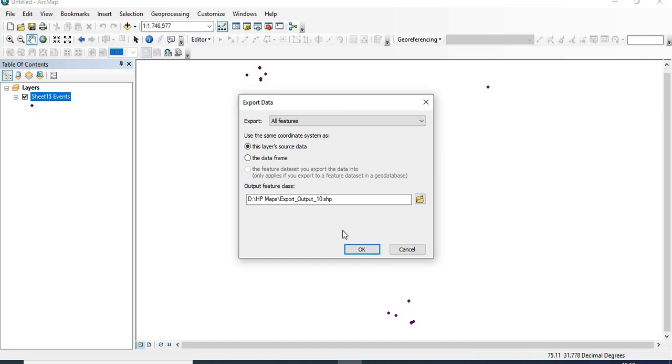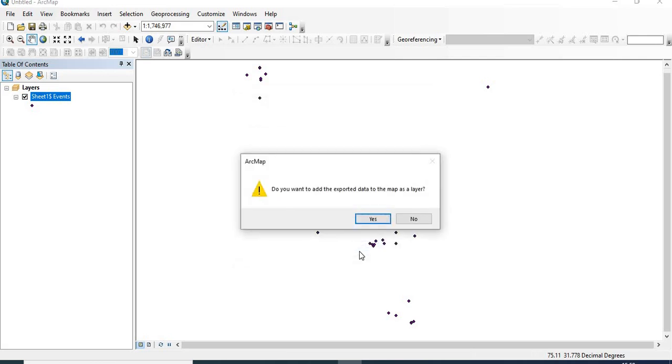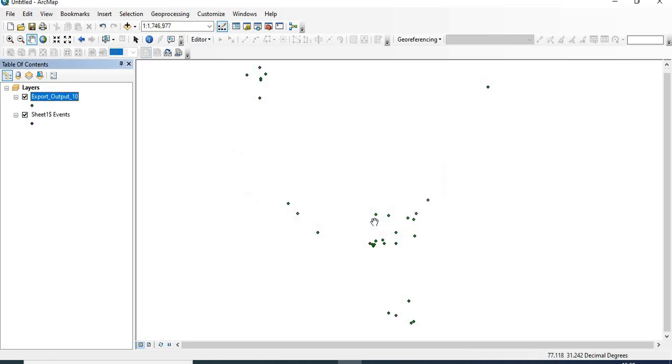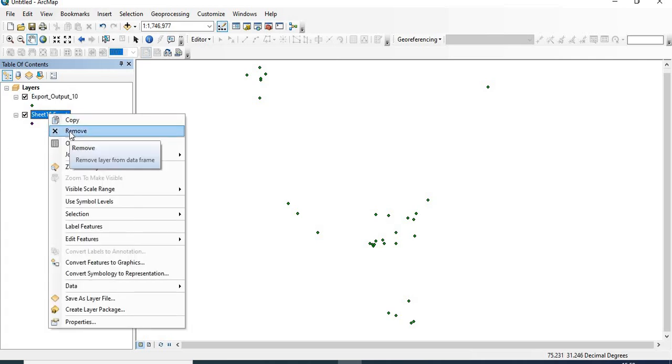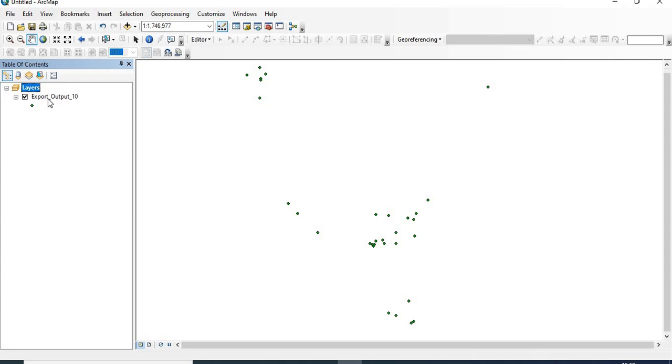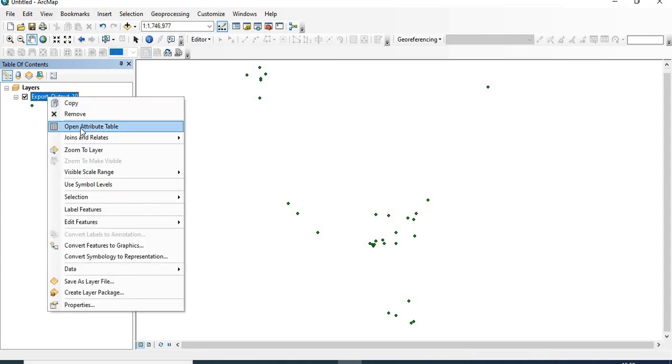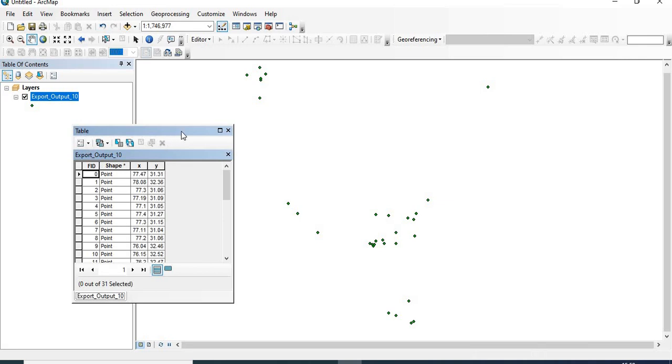and you can save it anywhere and click on OK. So see, do you want to add the exported data to the map as a layer? Click on yes. Now you can remove this and right click and open the attribute table.